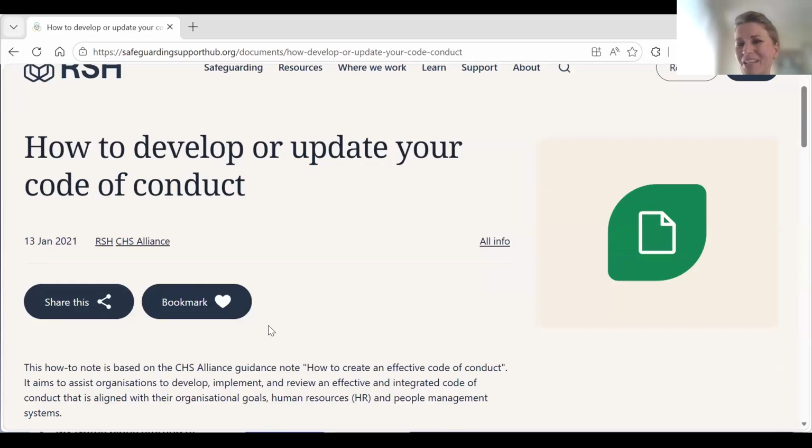You can click on this resource, and it will take you to its page. If you are logged in, as I mentioned before, you can bookmark it. You can create your own personal little library within the RSH website for quick access to documents that you find important. So instead of having all those bookmarks crowding your browser, you can have your personalized library within the RSH website through your account. Or we invite you to share it, of course, through social media or by email.